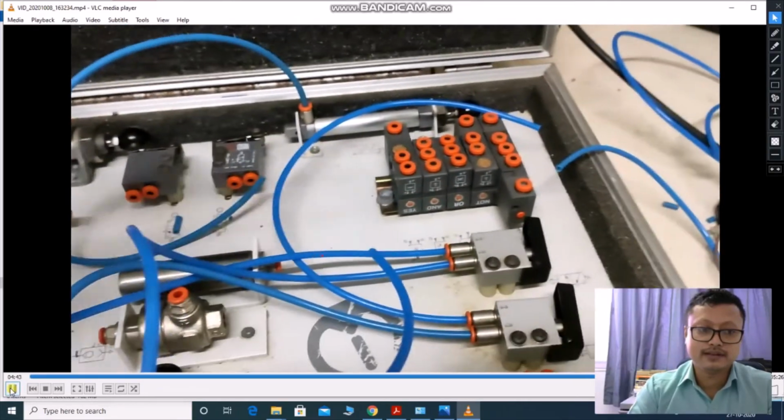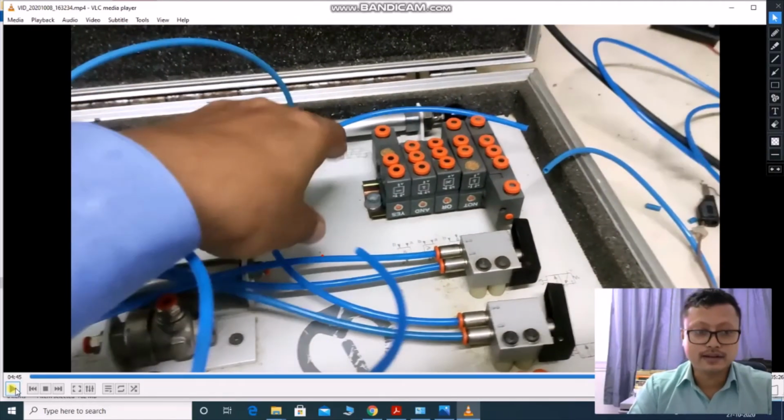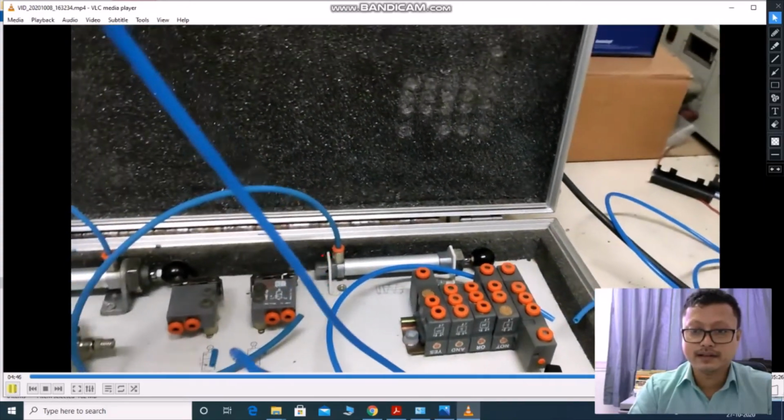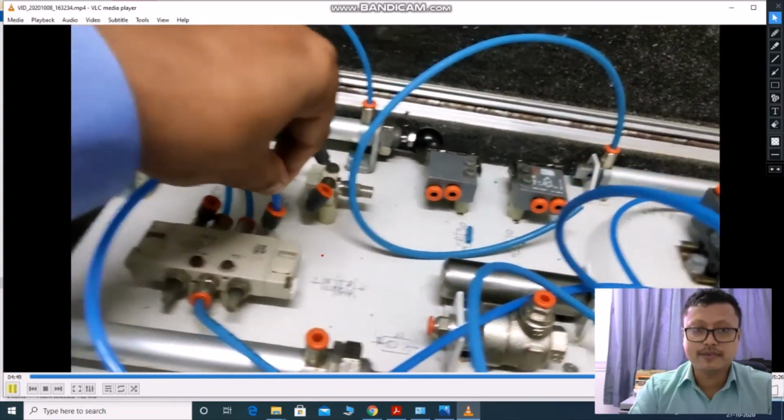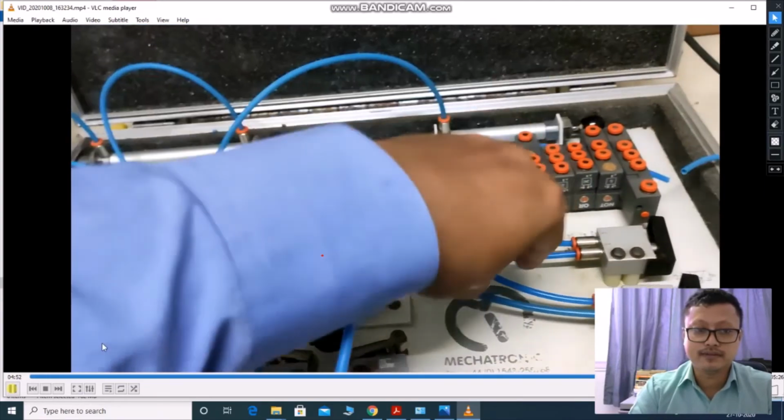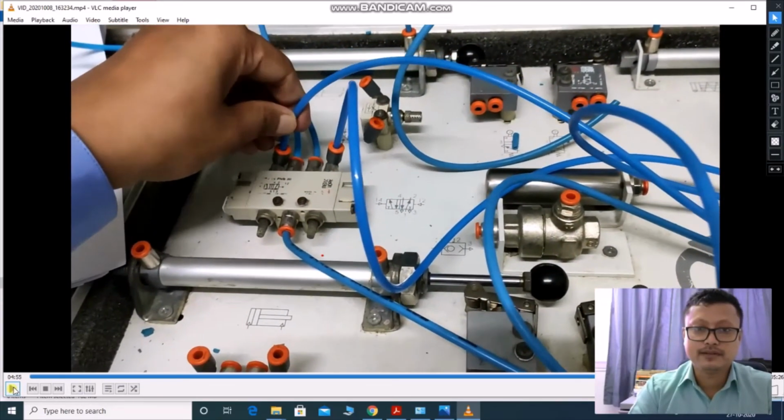Okay. So next we are going to connect a 5/2 directional control valve. Now one more thing, what is the 5/2 here? A 5/2 directional control valve means there are 5 ports. One minute. This is 1 2 3 4 5. Okay, so these are the 5 ports, and port numbers 6 and 7 are the directional ports.